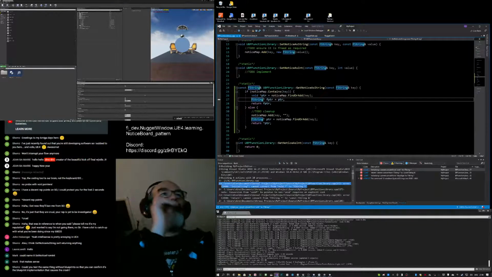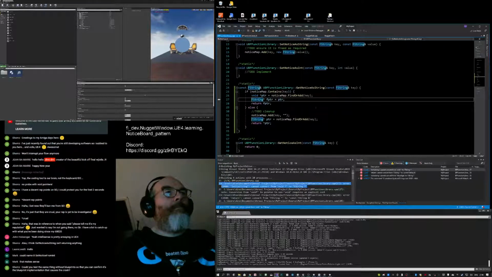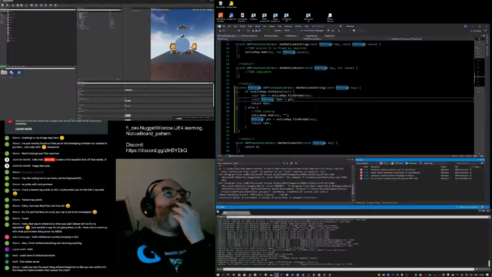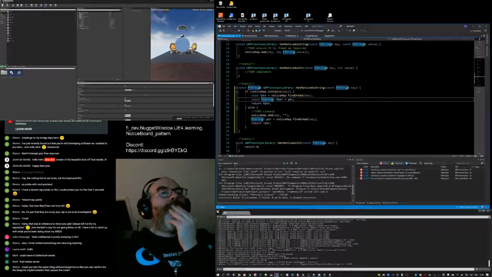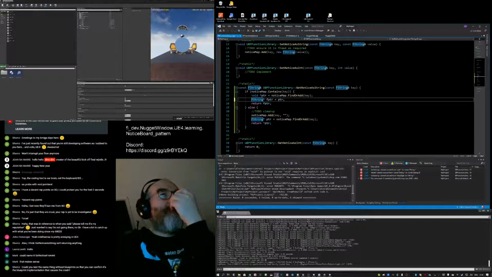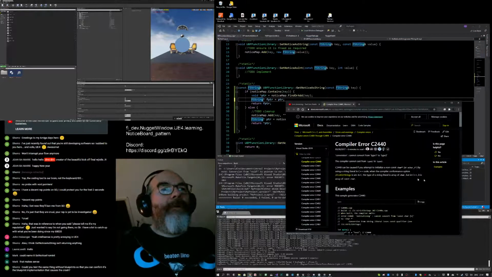It doesn't like it. It doesn't like converting a void pointer to an FString. I'm a bit confused about that.